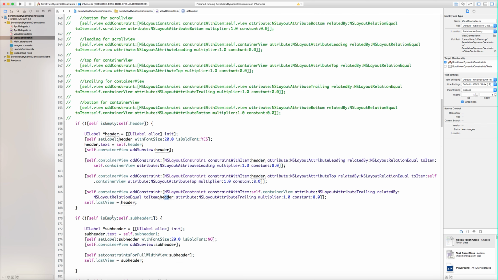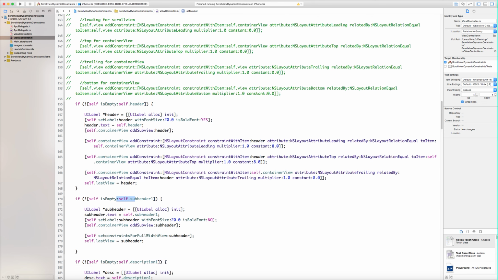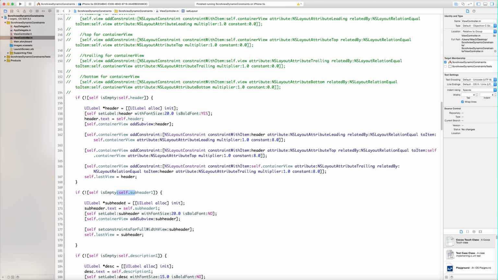Okay, in the same way I have checked whether the subheader is empty or not. If it is not empty, then configure the label, set the text, and then add it in the container view.